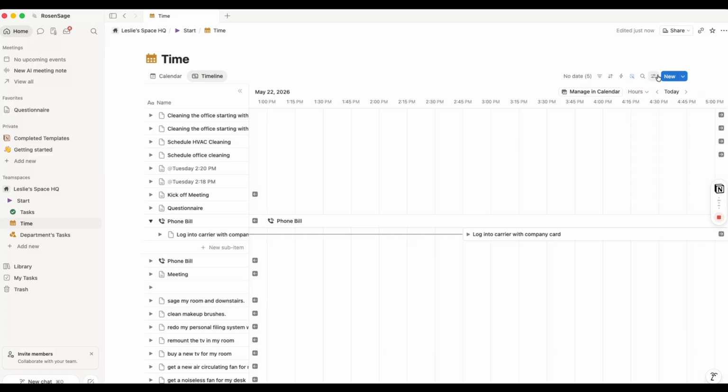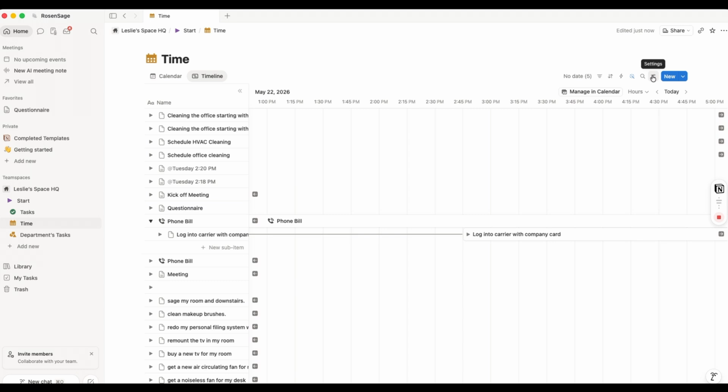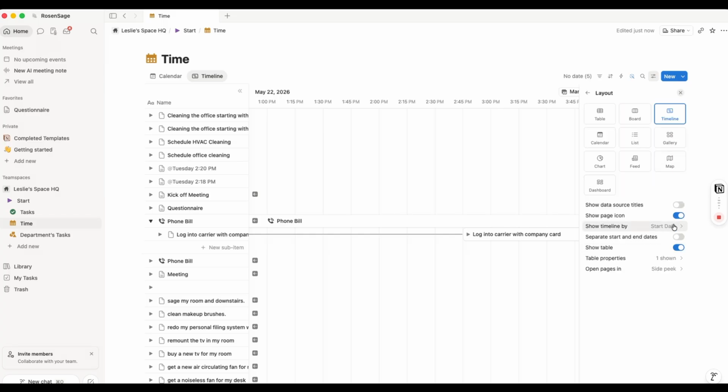So if you had your, for example, roadmap on Notion, this would allow you to see your 5-year plans down to your monthly plans, etc. And then note that you can show your timeline by one date property that has the end date on it. The implication is that if you only have the date identified with one date, then it's an all day task. But if you want to